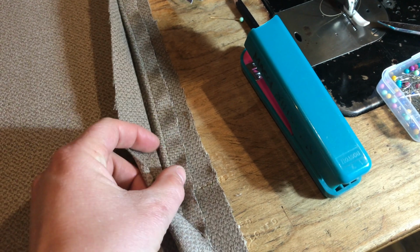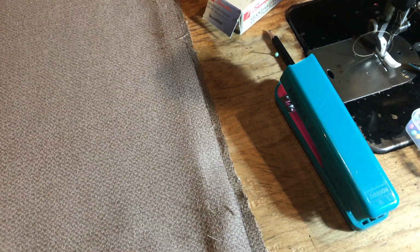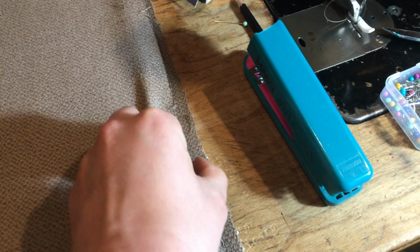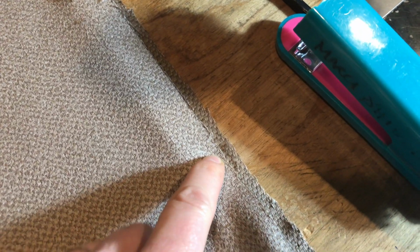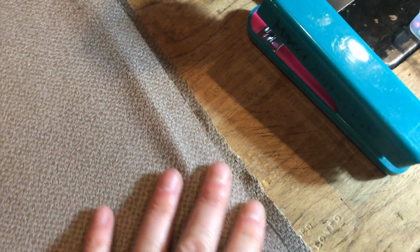My piping is pretty much dead on 1/2 inch, and then this piece that's on top, that's the front panel, should be about a 1/2 inch in. So I'm lining the piping up with it and then leaving about a 1/4 inch on my main piece of the seat. And I'm just going to staple along the way,